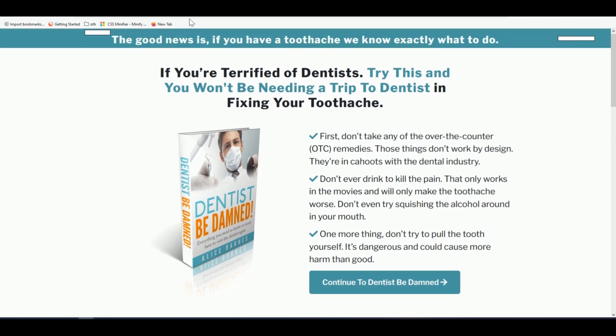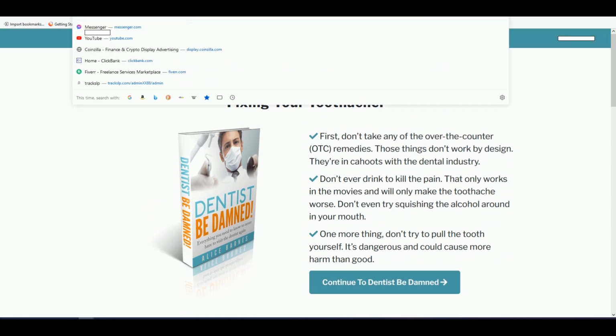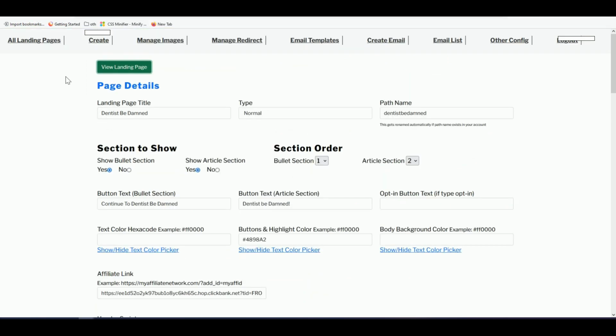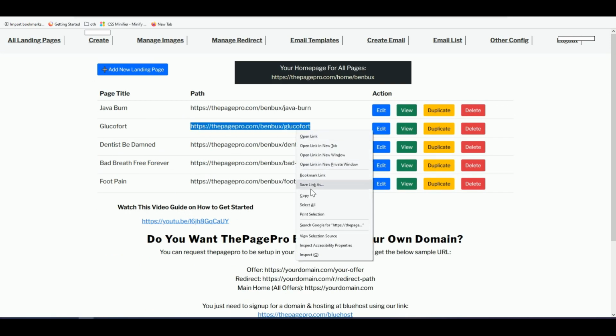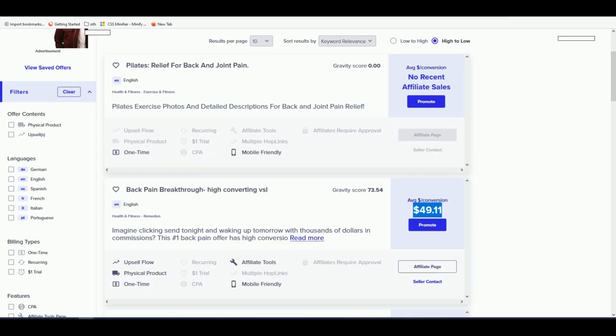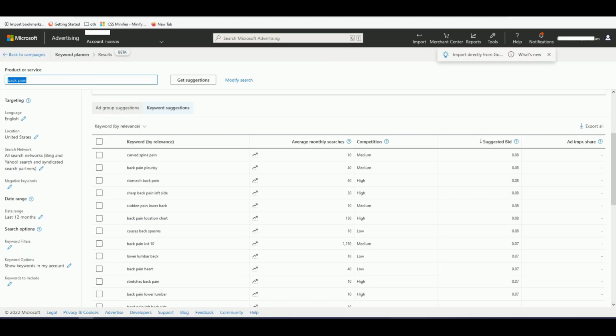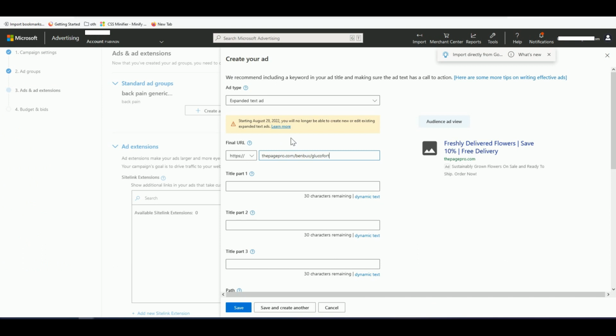Okay, and then let's say you are promoting this one, you can go to your all landing pages, and then here you can directly copy this link. Let's say you are promoting this, copy this and then paste it in your campaign. All right, like that. Okay, now since we are promoting a back pain product, let me quickly create a